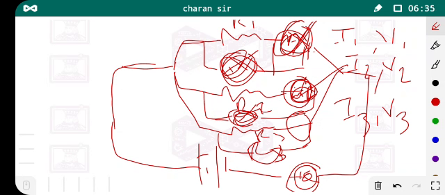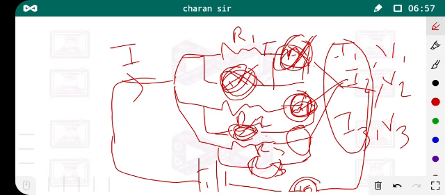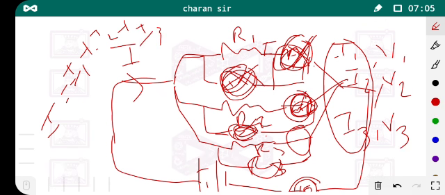So by performing this activity, we observe that when we take the summation of the currents through R1, R2 and R3, that is equal to the total current through the circuit. This is the first observation: the total current through the circuit is equal to the summation of the current through R1, R2 and R3.